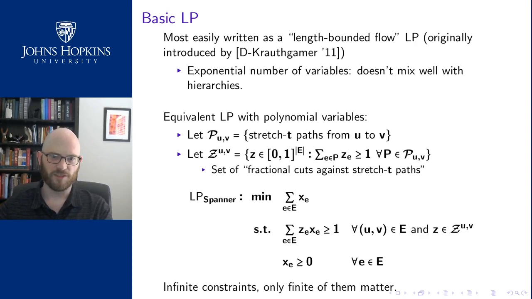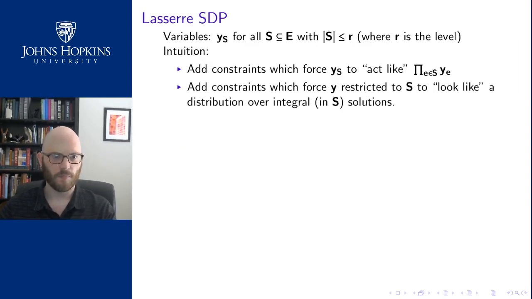There's an infinite number of constraints, right? Because I have a constraint for everything, every Z and ZUV. But you can kind of convince yourself only finitely many of them matter, so let's not worry about it too much. Okay, so the Lasserre SDP